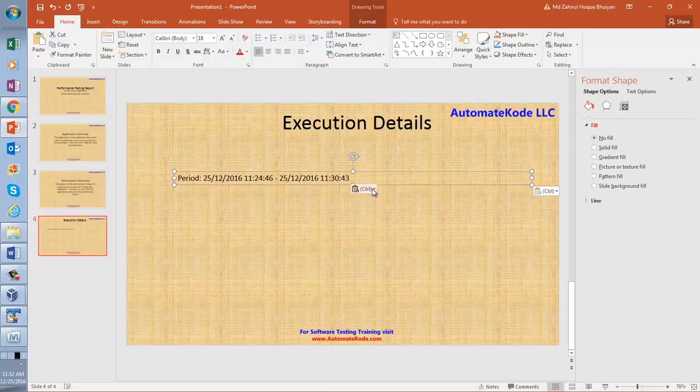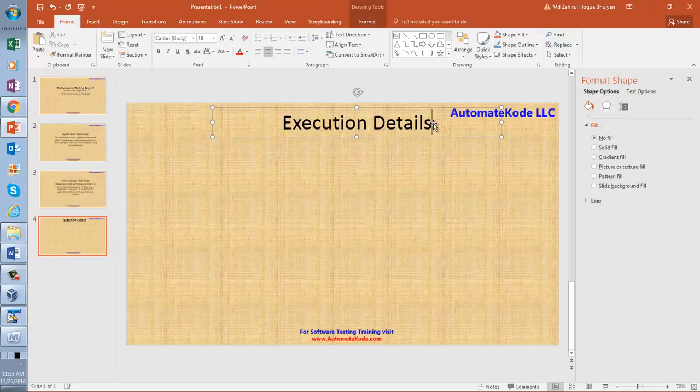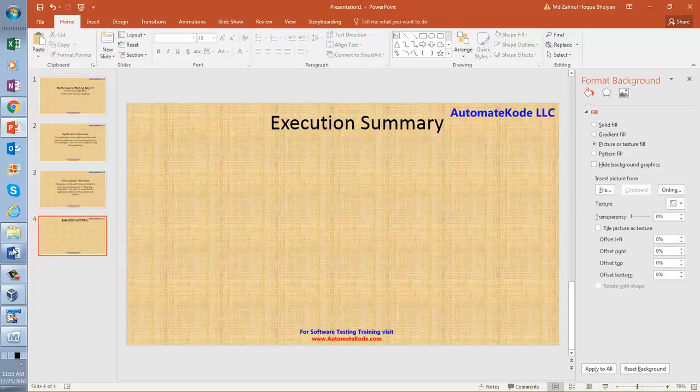This is your test execution period. You mention it here, test execution period. Actually in execution details, instead of execution details you put execution summary, and then you come here in your analysis.